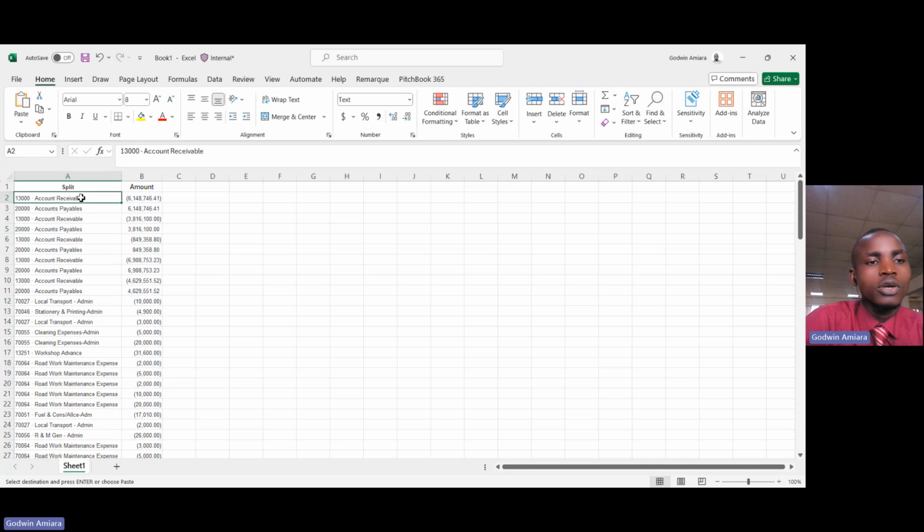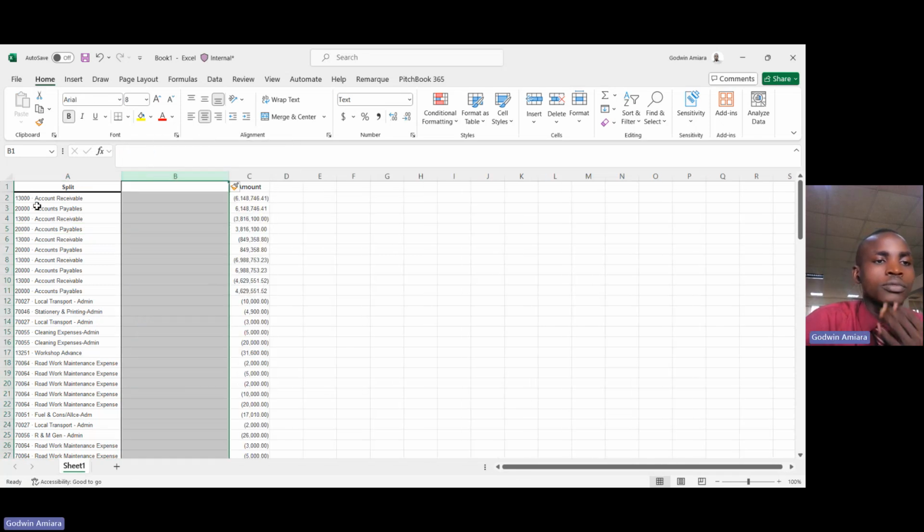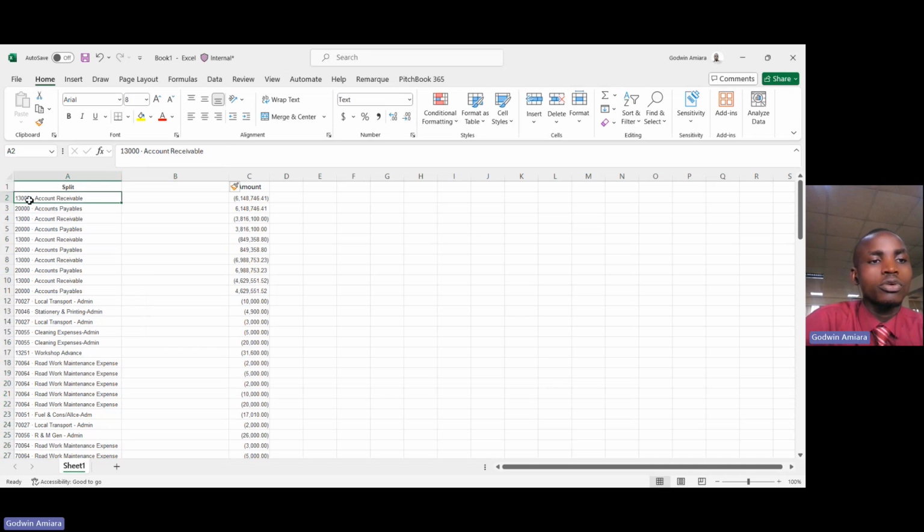So one thing I want to also give you as a takeaway to this video is how to run your flash fill. So this text is a combination of both account code and account name. So I want to separate them, leaving the account code in one column and the account name in another column. And the quick command to do that, which is flash fill, would be to